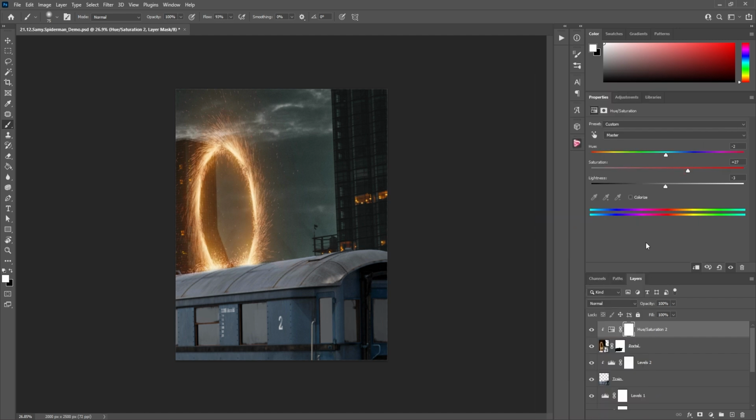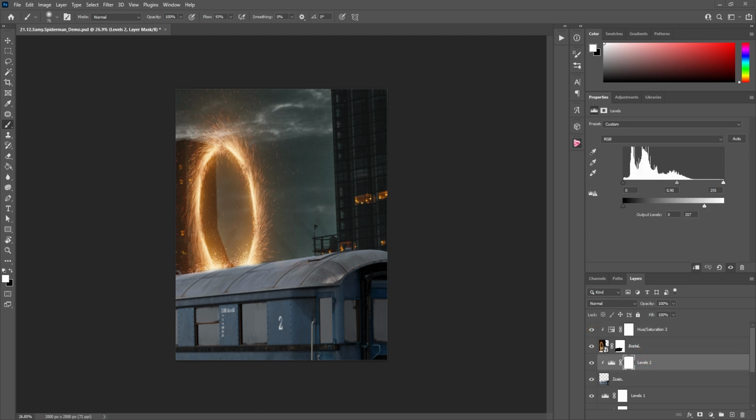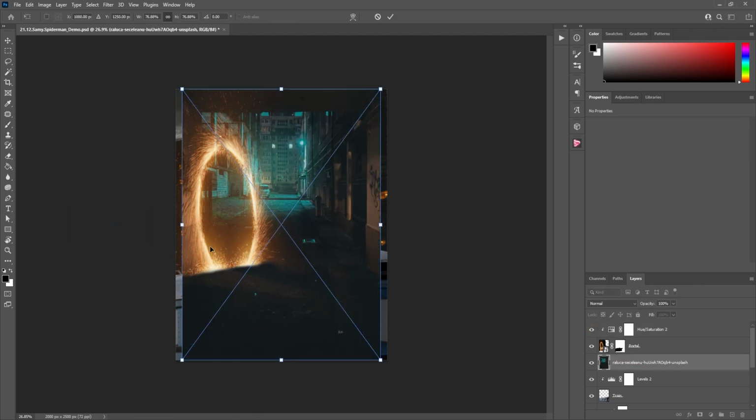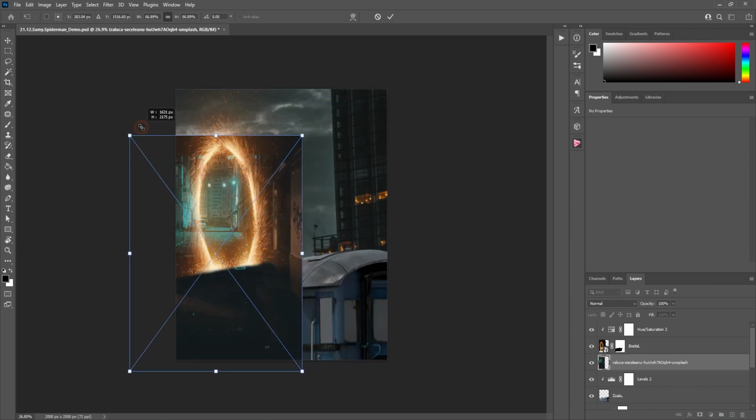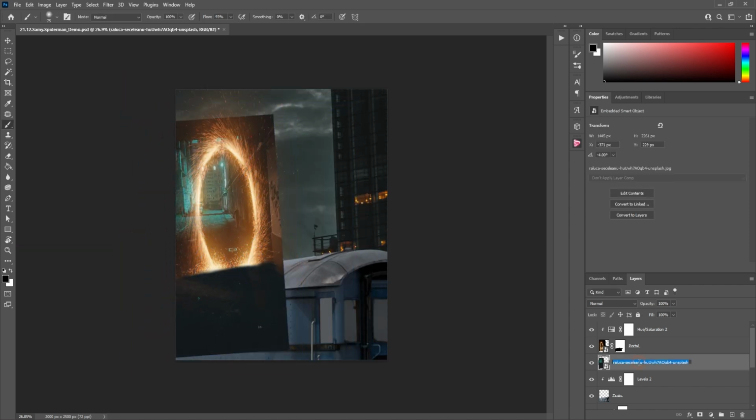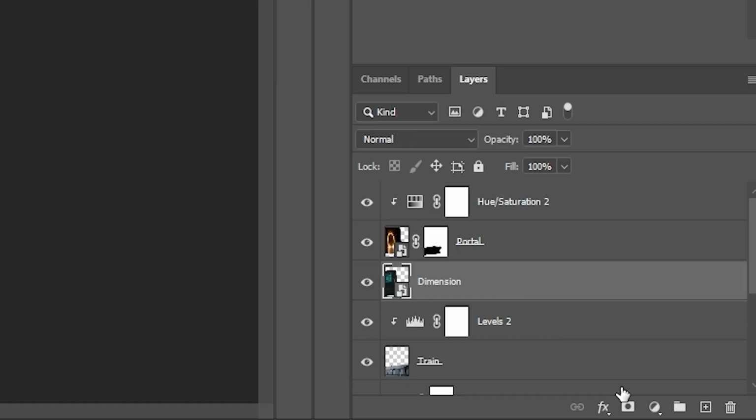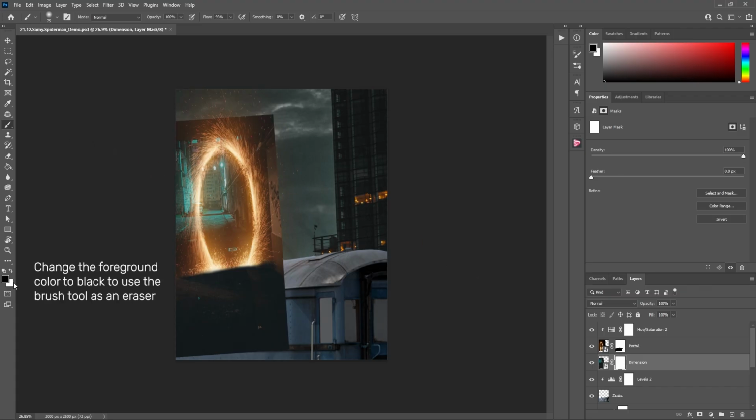Bring the saturation up. Nice. Let's not forget to bring in the other side of the portal here. So let's bring in this image below the portal, resize it properly. I'm gonna call this dimension, add a layer mask, and erase the outer areas to fit the image within the